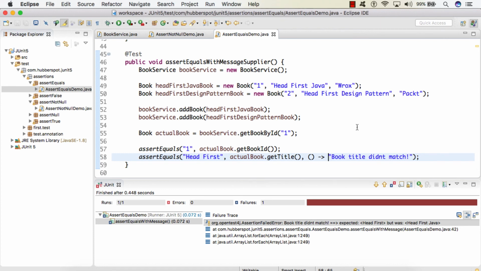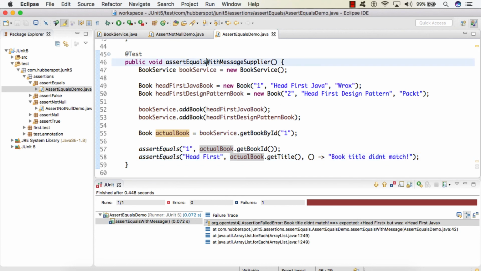So friends, what it does is, if we are asserting the actual value with an expected value, and they don't match, then this Supplier functional interface comes into the picture. It gets evaluated and returns a string value. This string value is nothing but our message, which gets printed whenever our test case fails. The only advantage is, if the test case doesn't fail, then this Supplier functional interface doesn't get evaluated to a string.